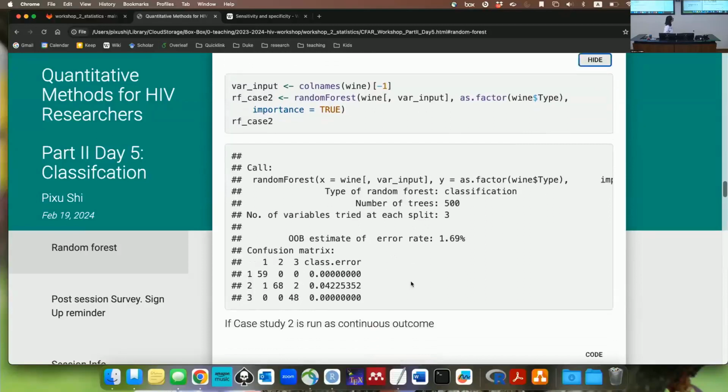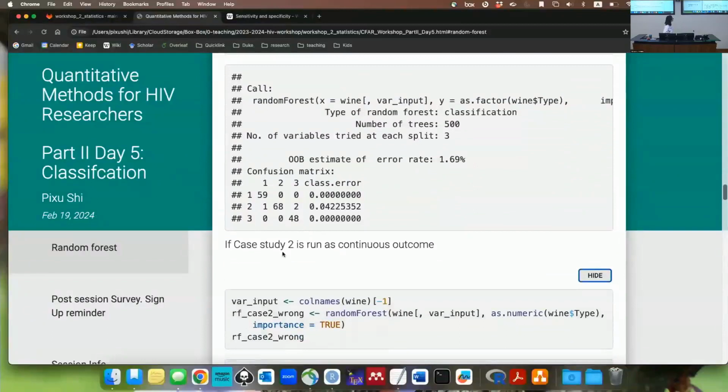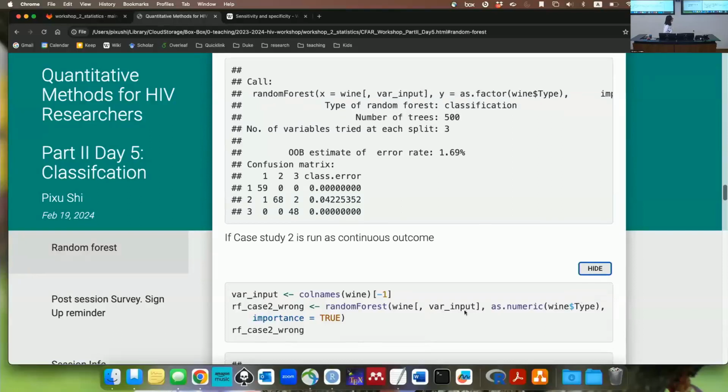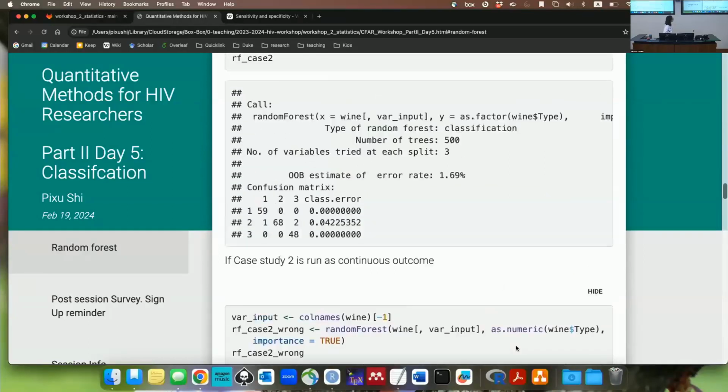And just as an illustration, I'm running a case study on the wine data example with one of the variables as a continuous outcome. I'm trying to predict the alcohol content with all the other features of the wine. Sorry, this is an example to let you know that you need to make sure R uses your categorical